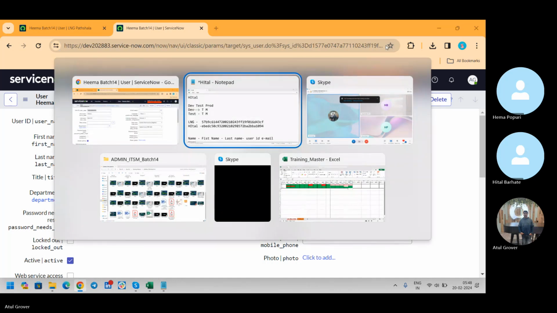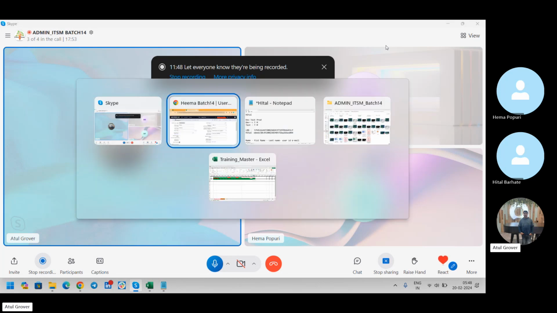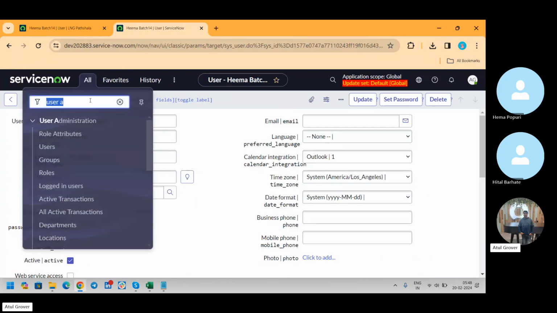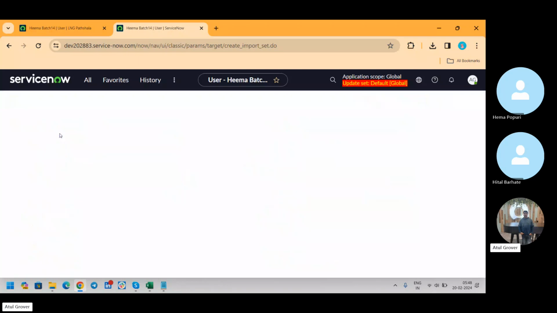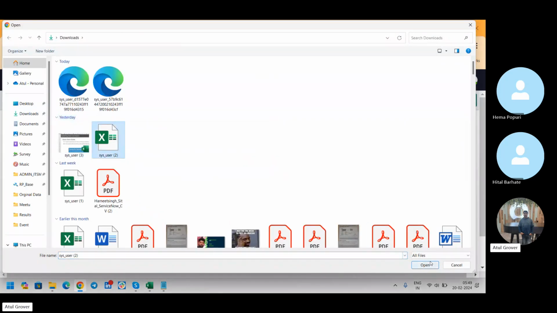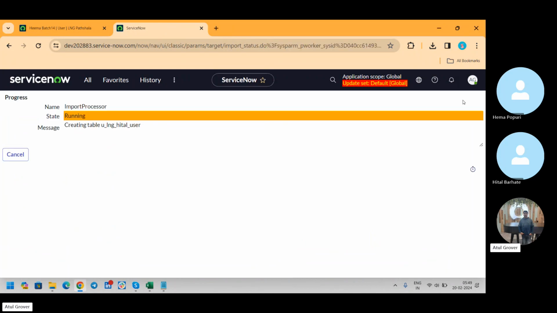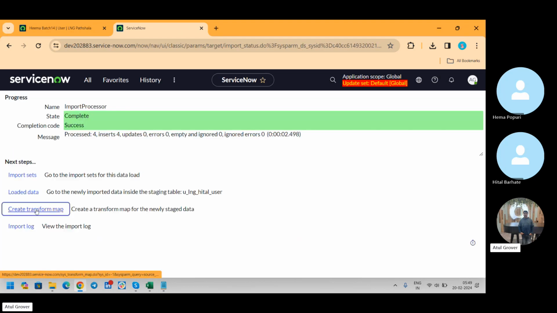So now what you can do, or if you understand that, if I run the same transform map in Hetal's account, the sys id will be different. देखना चाहेंगे? चलो let's do one thing quickly. यहाँ गए, लोड डेटा, ठीक है, जो हमने कल किया, विल डू द सेम थिंग, क्रिएट LNG Hetal, यूजर डेटा सोर्स, ये रही हमारी फाइल, कॉपी, सबमिट, ठीक, ट्रांसफॉर्म में रन हो रहा है, इट्स रनिंग नाउ, डन, क्रिएट ट्रांसफॉर्म मैप, क्विकली करेंगे बिकॉज वी नो द प्रोसेस।